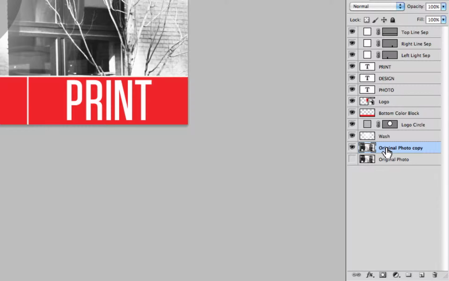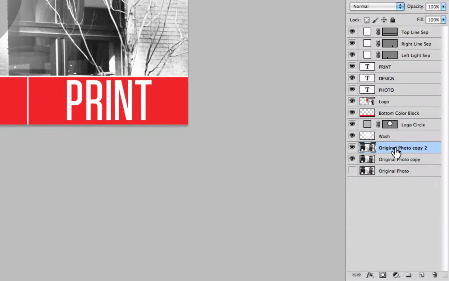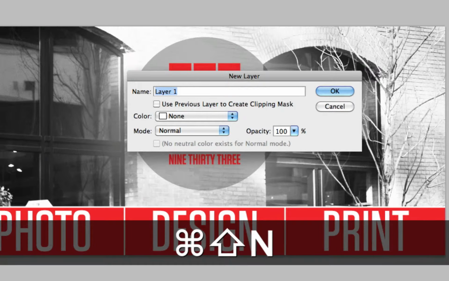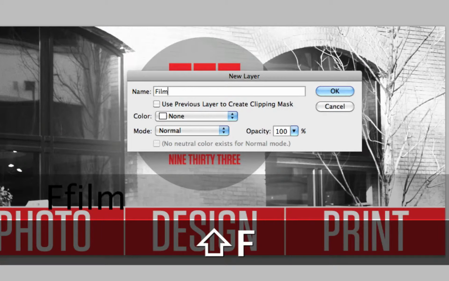So to do that, you just select the layer. I've already done it here, but I can do it again. Select the layer and hit Command or Control J, and it will automatically duplicate that layer there. The next step is to create a new blank layer above that copy. So to do that, Shift, Command or Control N, and it will pop up a new layer. I go ahead and title that Film Grain